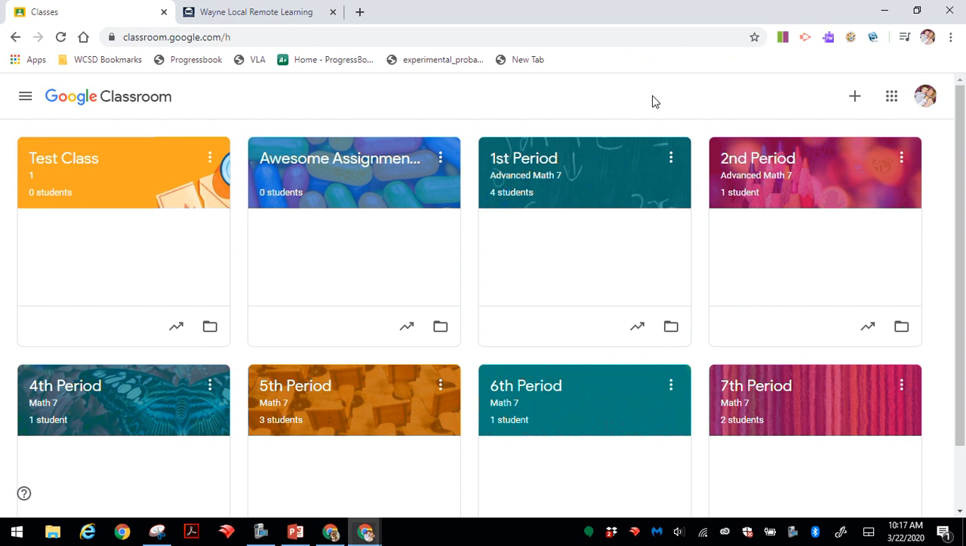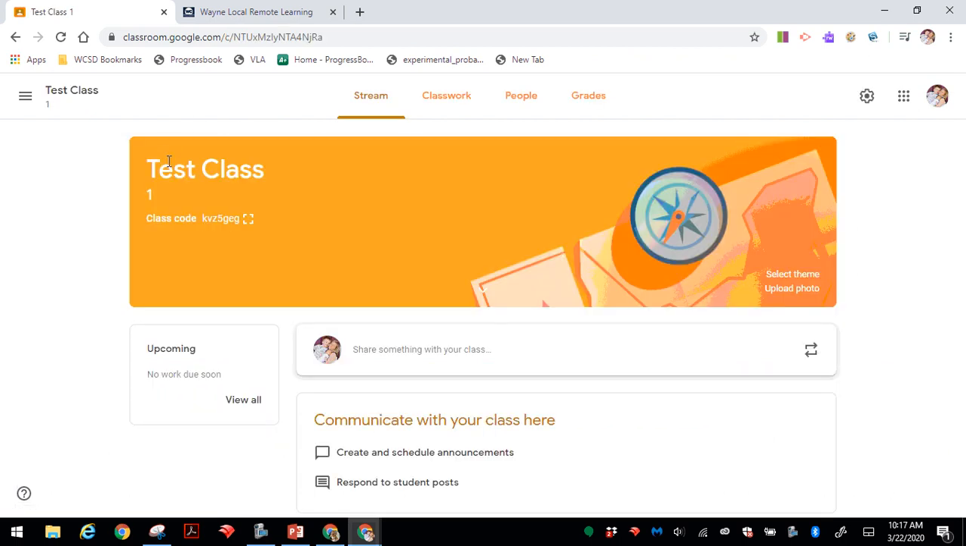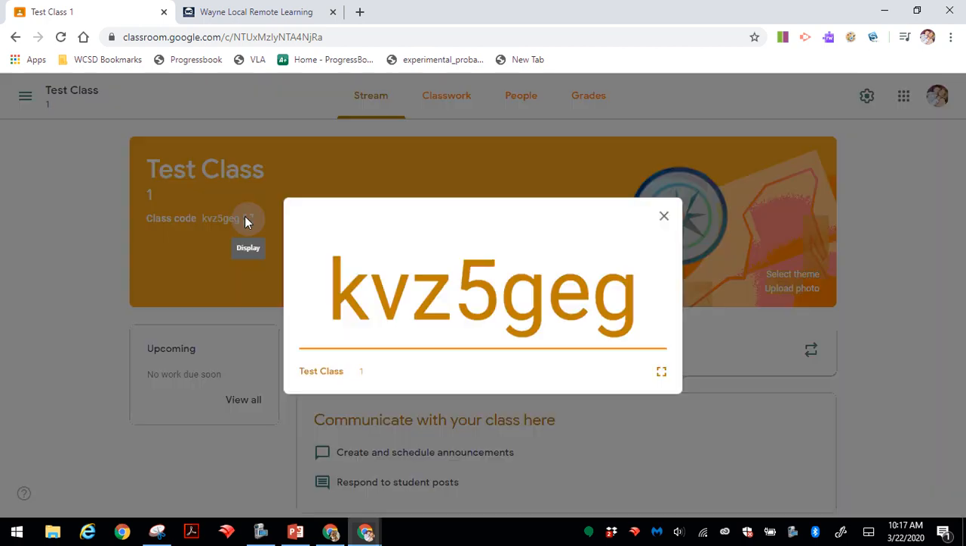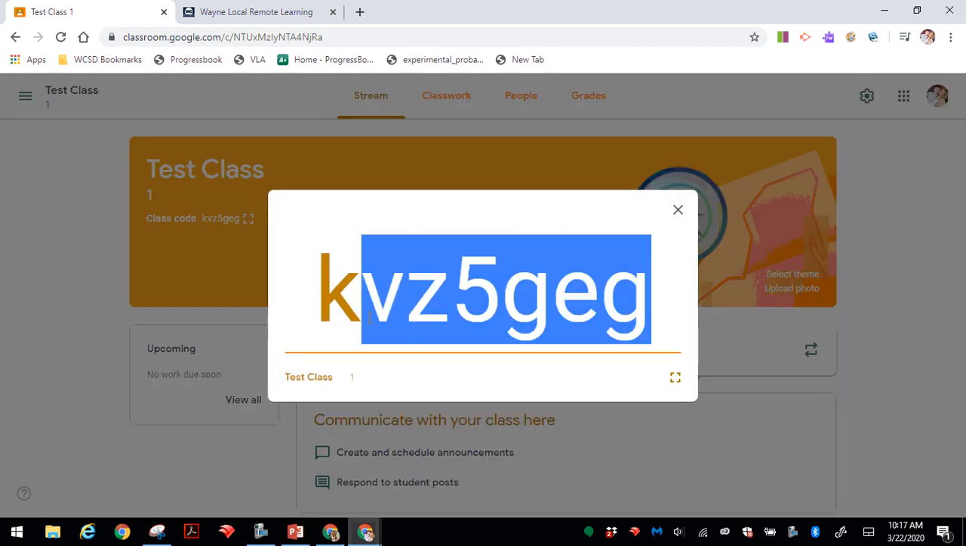So to do that, you're going to go to your class page, classroom.google.com. You have all your classes here. You click in the class, and the class code is at the very top. If I click on that, it'll make it bigger. I'm going to copy that,